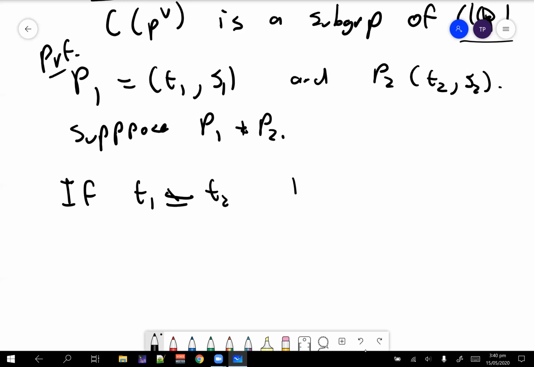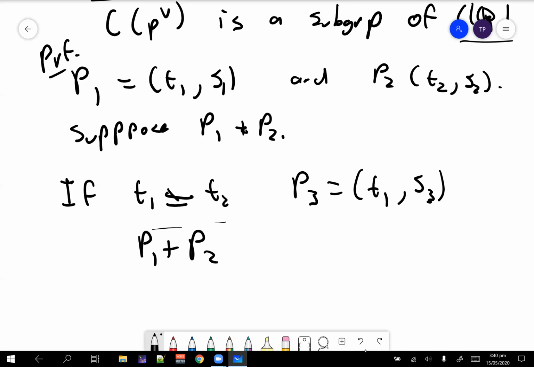over C some point P3, but t1 is fixed since this is a vertical line, and s3 is something else. And then that means P1 plus P2. Since this is the third point of intersection, if you remember the group law, we need to also get the third point of intersection between P3 and the identity point. The identity is (0, 0), so that means taking the negative of P3, which is just negating both coordinates, since we're flipping it over,